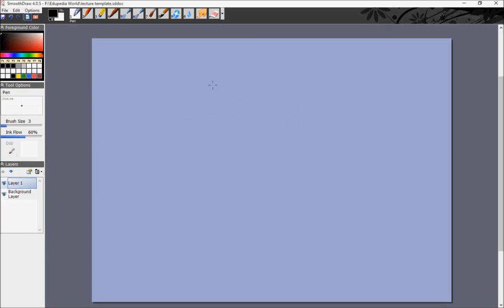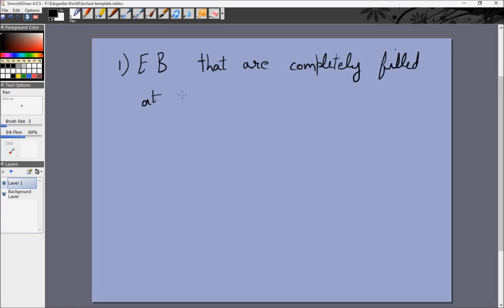There are two types of energy bands available, and they are decided by whether or not they are filled at 0 Kelvin. Remember, 0 Kelvin is the only temperature when you actually have energy going from the lowest to the highest states in order. So the energy bands, I'll just call them EB for now, energy bands that are completely filled at 0 Kelvin are called valence bands,